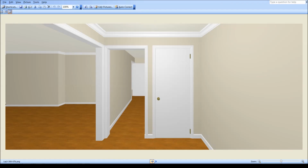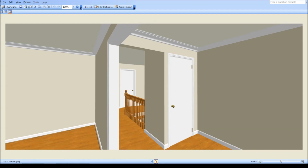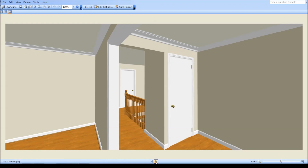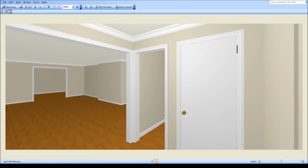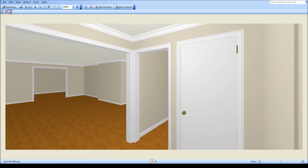So that's the 34-inch cased opening, as opposed to this, which is as wide as the hall, which is around 38. From another angle, from the living room angle, that was the 30-inch opening. There's the 34. And there's the 38. So I don't know, maybe certainly this is as open as it gets. And finally, from this angle, bring it to 34, or not having it. I kind of like it, but let me know